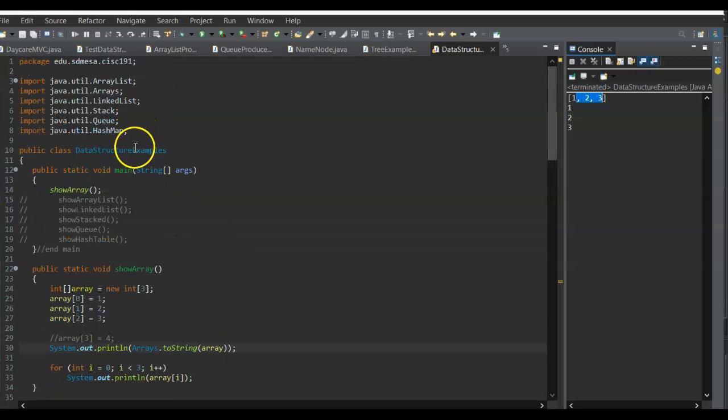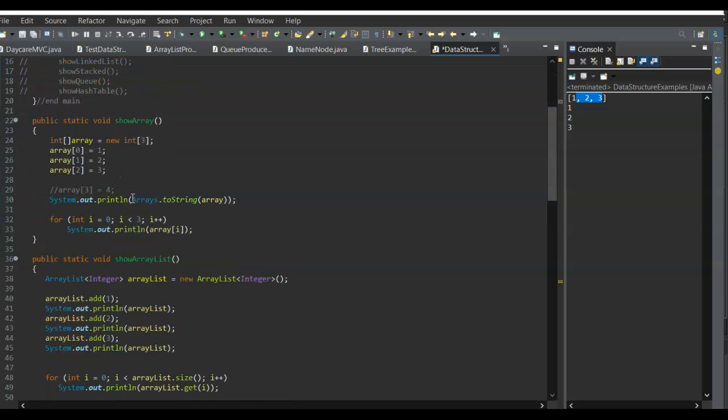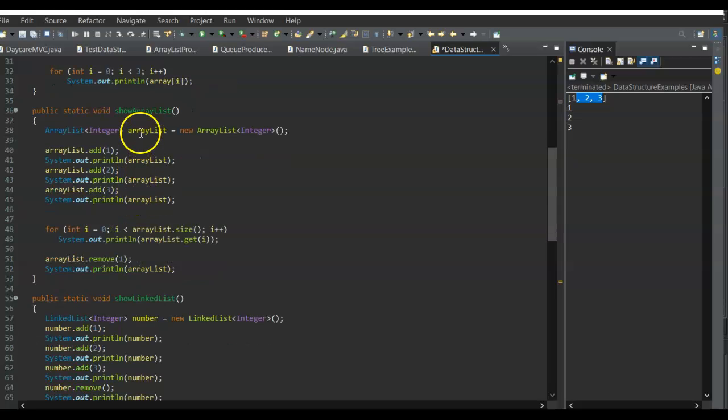The difference is for an array list, like this example. Here I have a method called showArrayList. An array list also uses an array, built from an array, but it's dynamic. It can grow and shrink whenever you need it. It's good if you don't know exactly the size of your data, or you're trying to change the amount of data, or you want to add data. The difference is that it can only be used for one data type, and holds objects.